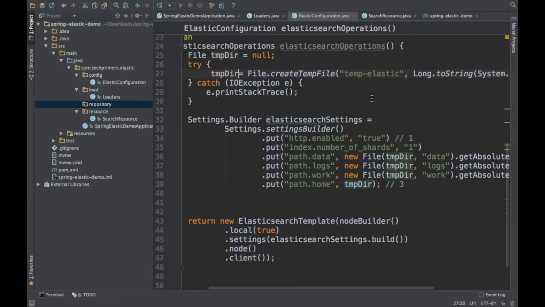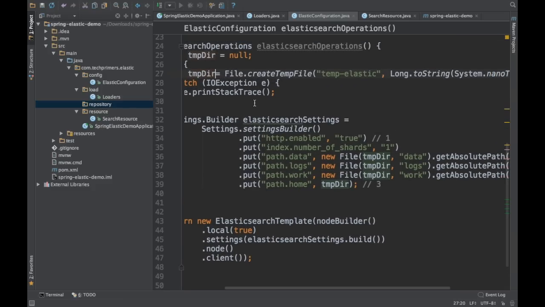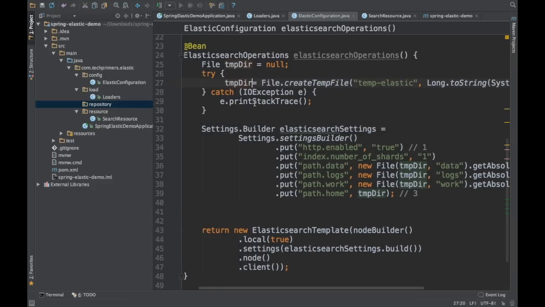Okay, so what happens here is we are going to create an Elasticsearch default configuration. These used to be in the XML previously. With Spring Boot, we have now moved to the Java way of defining things, right? For example, here I'm saying that HTTP is enabled. How many shards do I have? Temporarily, I have put one shard, and then I have mentioned what is the path for the directory where Elastic